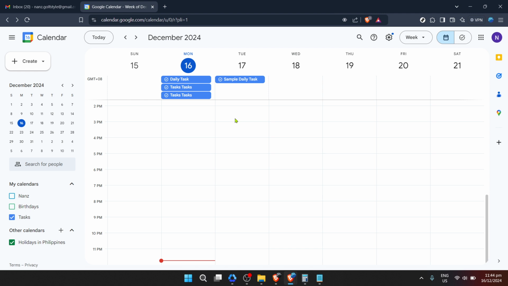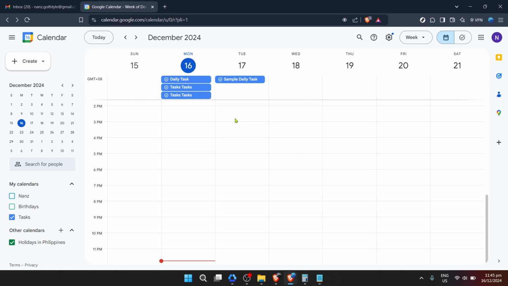Sign in, navigate to your calendar, and remove the tasks that you no longer need. And there you go. You've successfully removed a task from your Google Calendar. This process from start to finish can be done in a matter of minutes, leaving you more time to focus on what's truly important in your day. Remember, staying organized is key to productivity, and sometimes that means removing tasks that are no longer relevant. Feel free to repeat this process for any other tasks you wish to clear out, ensuring your calendar stays fresh and relevant to your current needs.